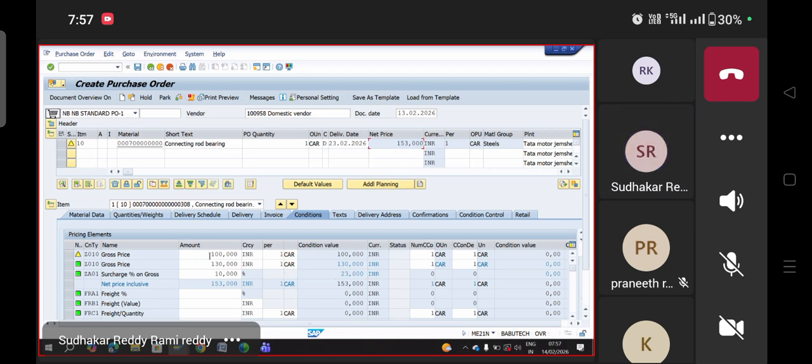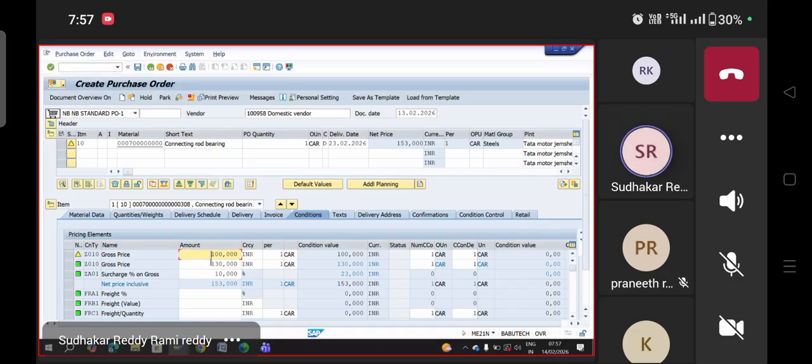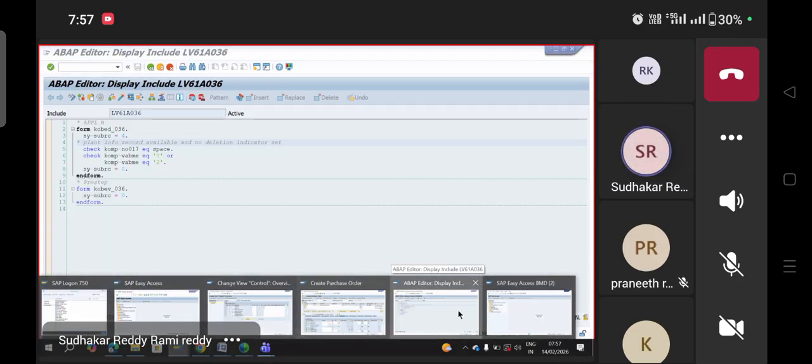It means, if it is going to further table search, but this amount, though it is there, but active gross price is though this, but surcharge calculation having issue. What is that? It is calculating on both the amounts. On both these gross price amounts, this 10% calculated. But net price is active 100, active gross price 130 plus 23 is the 10% on 223. That is wrong. That's why always in pricing procedure, you have to